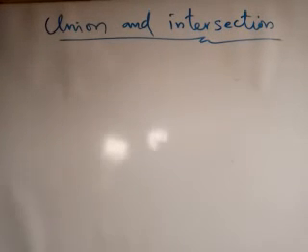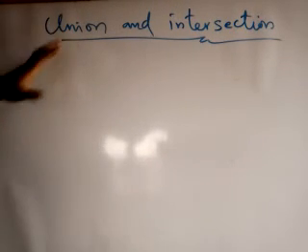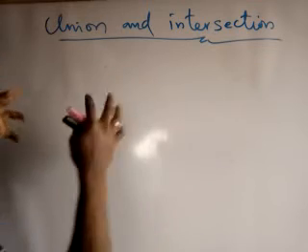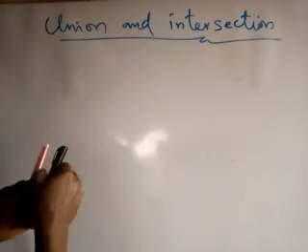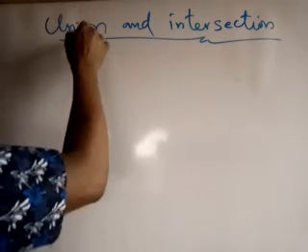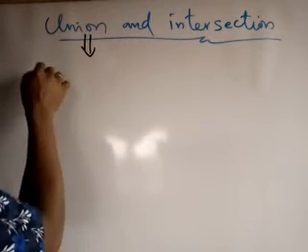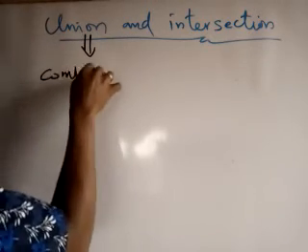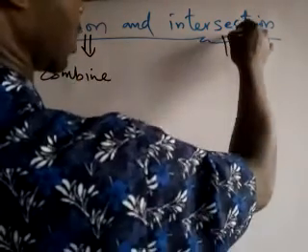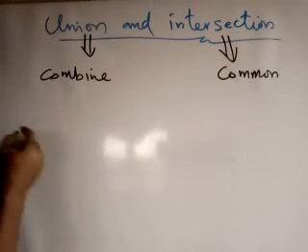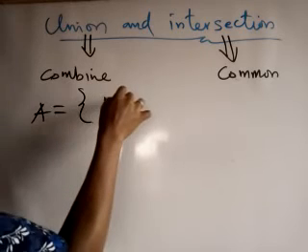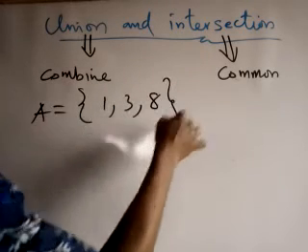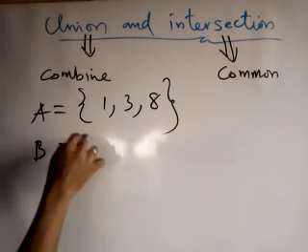Union and intersection. From the word union, that means you are bringing the elements together. Intersection, what is common to them. So another way I want you to see union is combine. Then intersection, common. So for example, if I have a set A that is 1, 3, 8, and I have a set B that is